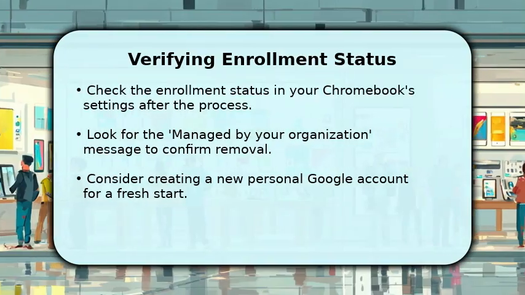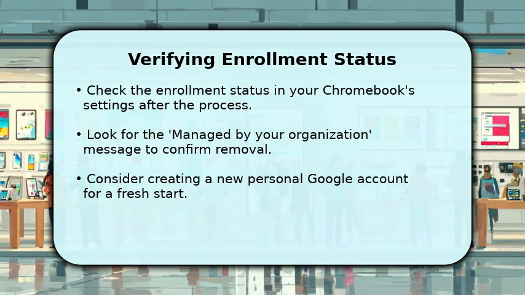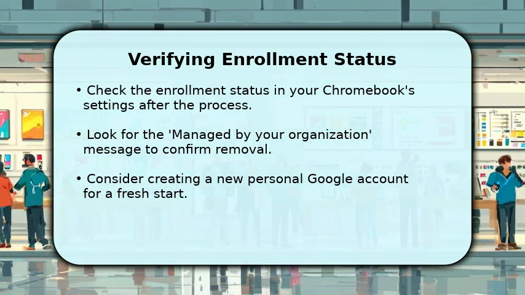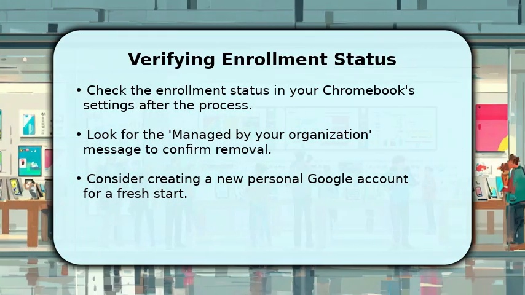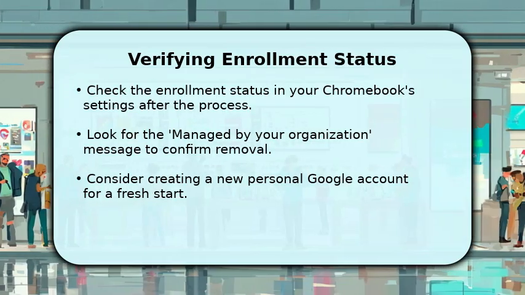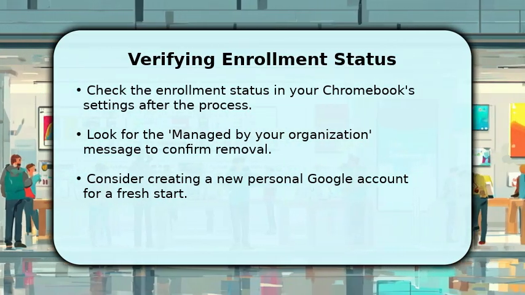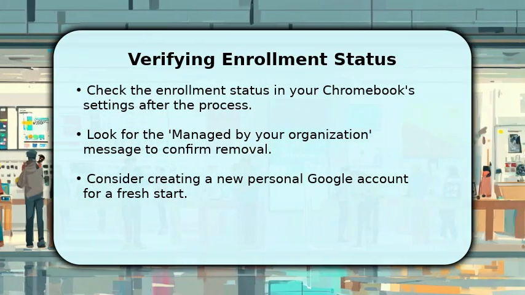After completing the power wash and confirming deprovisioning with your school's IT, it's important to verify the enrollment status. Navigate to your Chromebook settings and look for any message indicating it's managed by your organization. If this message is gone, your device is free. For a truly fresh start, consider setting up your Chromebook with a new, personal Google account, giving you full